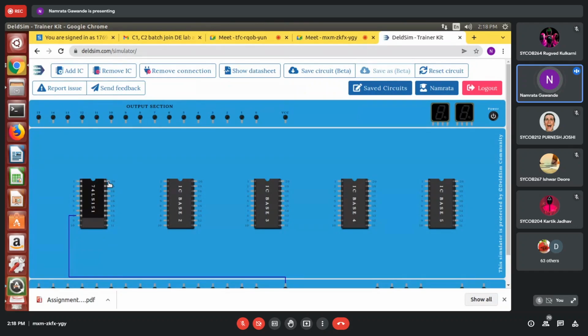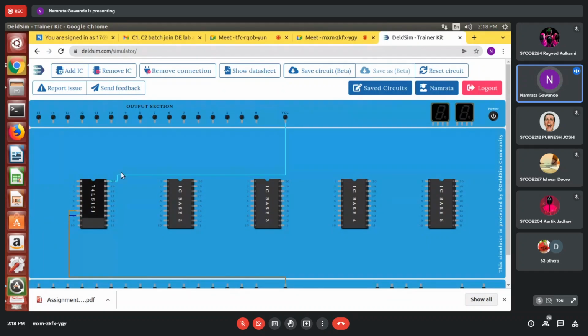Then pin number 16, this is pin number 16, right? Connect it to VCC. Then enable, it is pin number 7, right? It should also be grounded because it is given in the pin diagram as EN bar. If it is given as bar, it should be connected to ground.